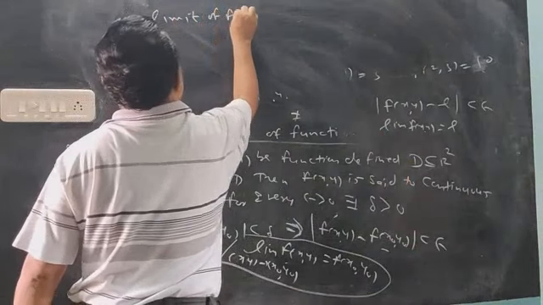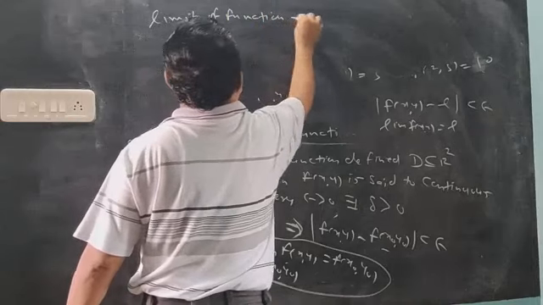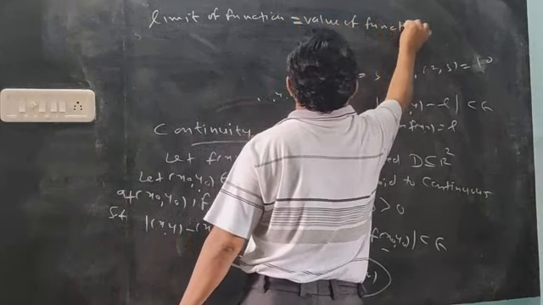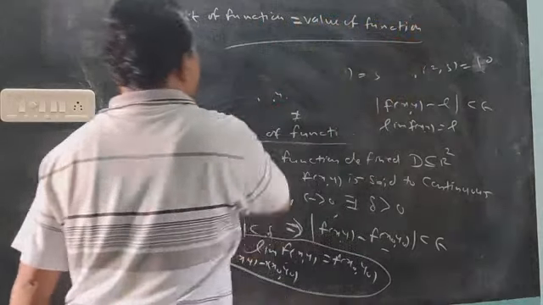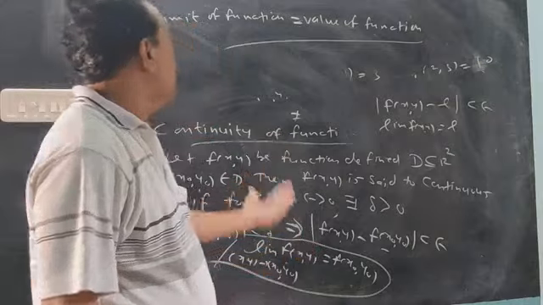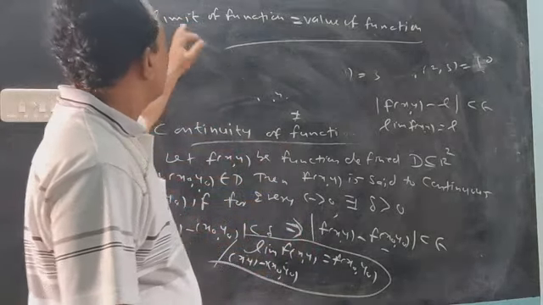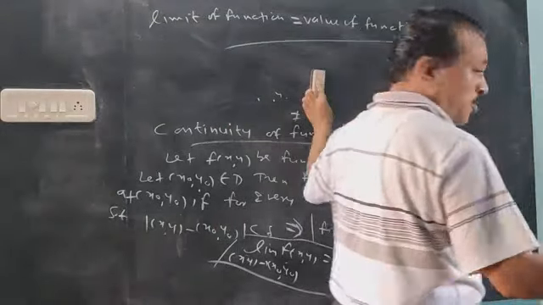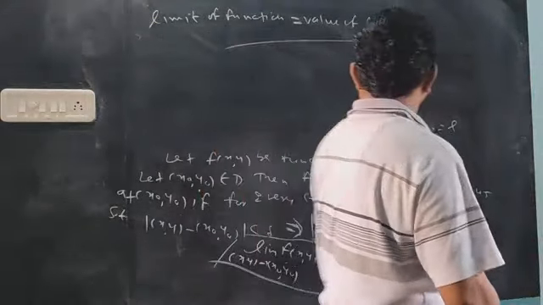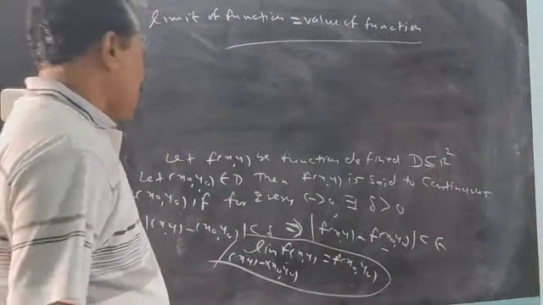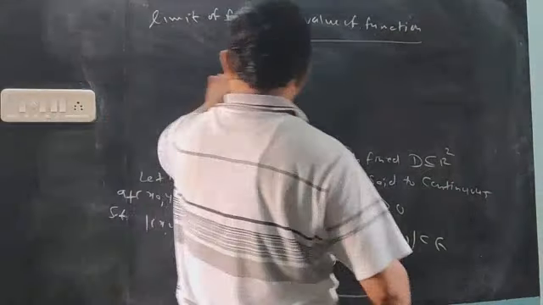The limit of the function equals the value of the function. This must be the same, equal. Then, okay, you can say continuous. The limit is there, and the value I think is given to you in the problems. You used to know the place, 100, 1100. So the limit of the function equals the value of the function. That means continuity. Okay, it's the best meaning of continuity.